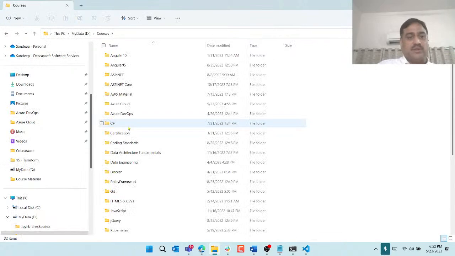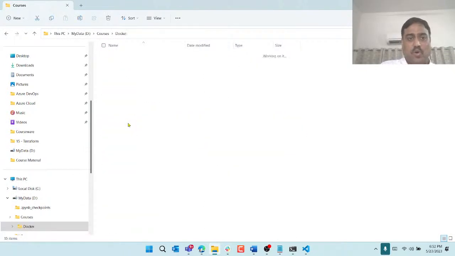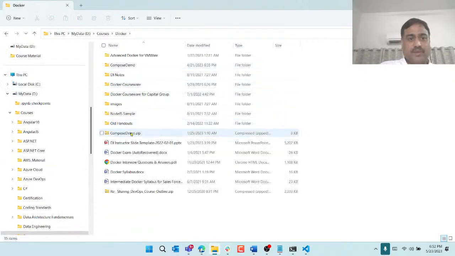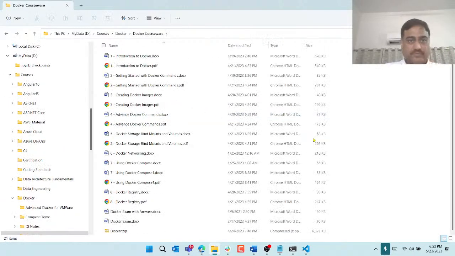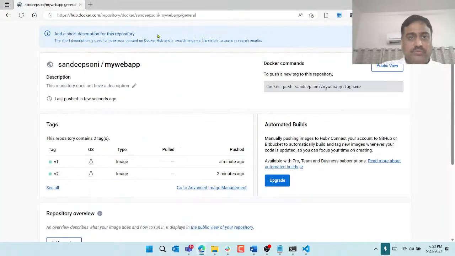So there's a detailed course on Docker. These are the courseware which I use. All these are different handouts. There are different topics which we take in Docker. You can actually go to